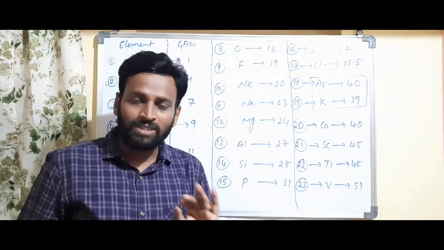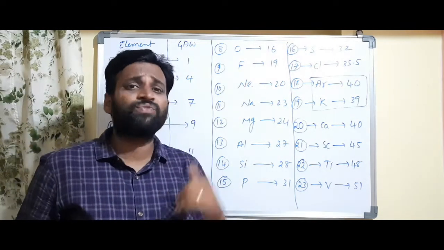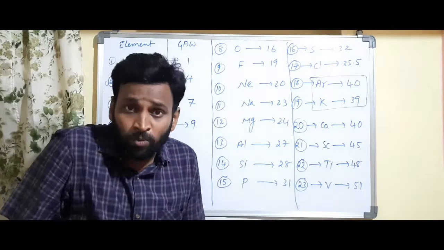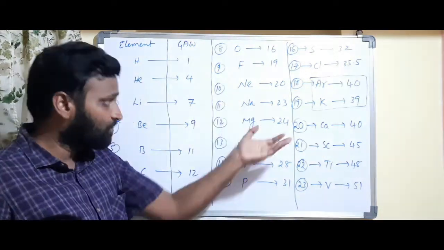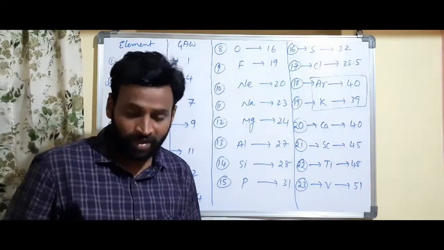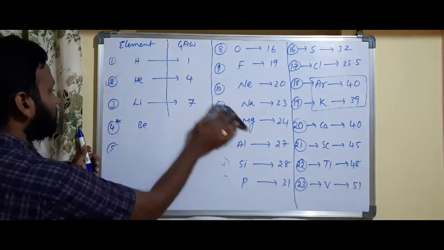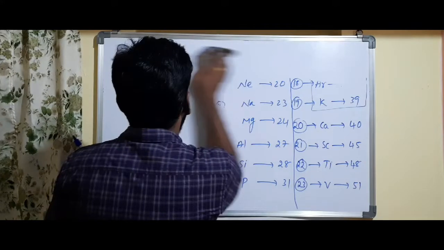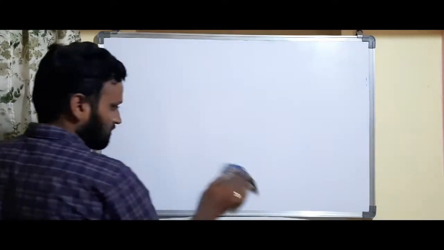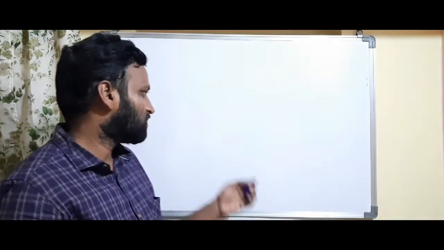But usually this is not experimentally determined. This is just for remembering, because atomic weights you get from their isotopes, so they are in fractions, but without fractions I have written all these values. So 23 we have written, so the remaining also you can understand. Remaining means how many you have, just 7 elements. Those I'll give you in our WhatsApp group, because if I write also